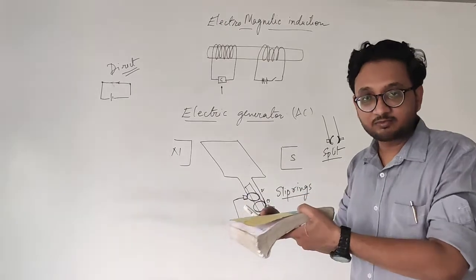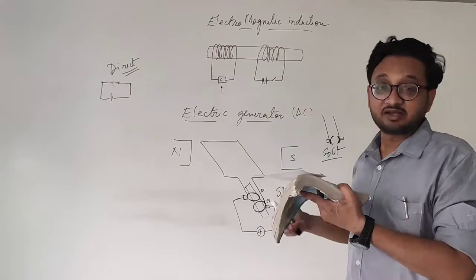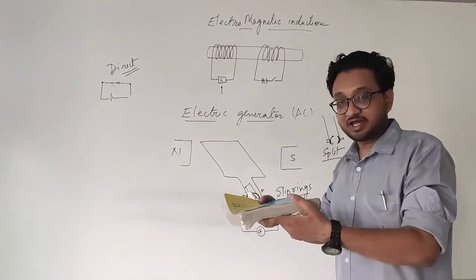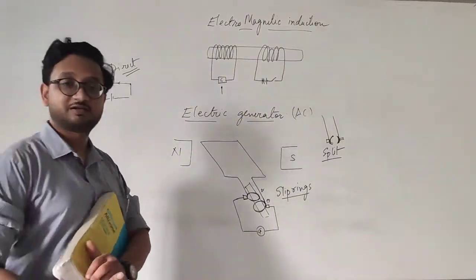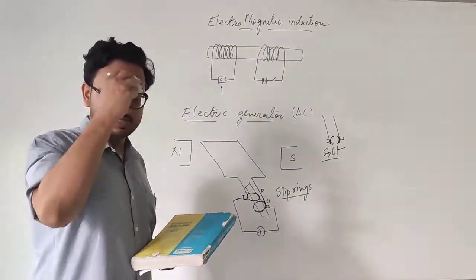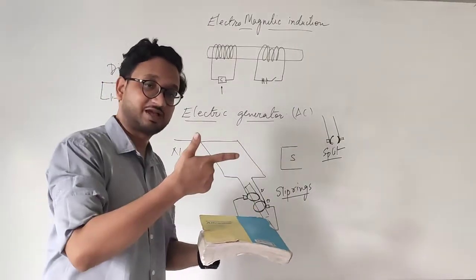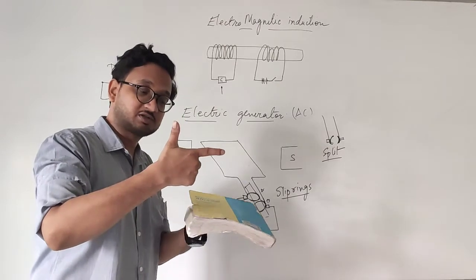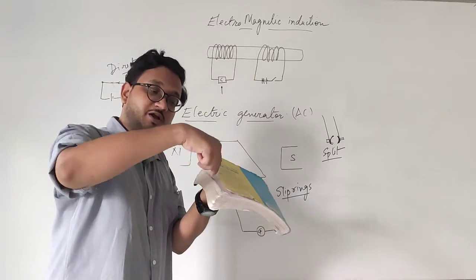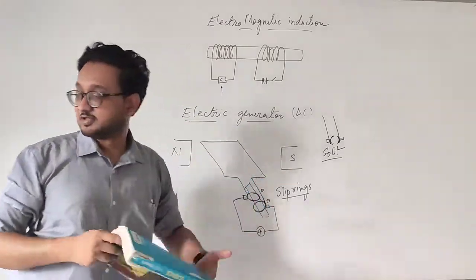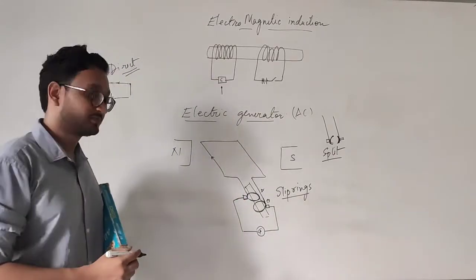So if I provide the movement, if the coil moves in the magnetic field, then the current is generated by electromagnetic induction. Okay, so I am moving this coil this way. So let me get it on this side so that we can use Fleming's right hand rule. Magnetic field north to south like this, and my thumb is in the upper direction because I am moving this way. So as you can see, when I am moving this way, this part of the coil, the current is generated in this direction. So the current starts moving in this direction, like this.